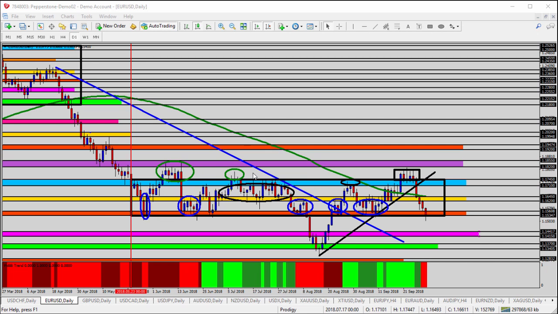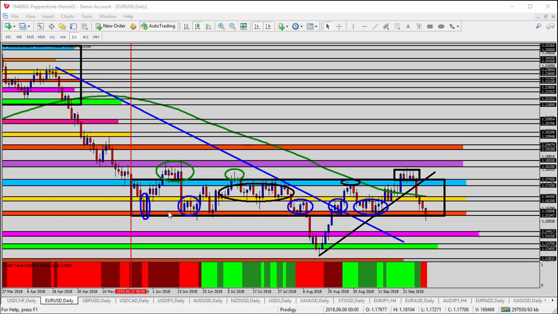The green circle is showing the attempts to break above the blue zone and the black box. Recently, we have a little black box above there where just last week we were above the blue zone and then suddenly turned back below it. So significant price action held within this range or zone highlighted inside this larger black box or rectangle. What's important for us today is the blue circles, the orange shaded area,